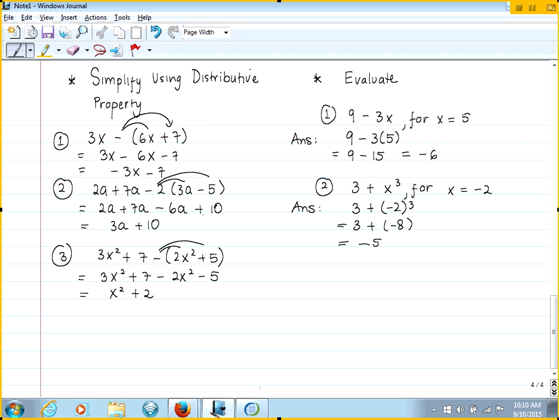Hey, Miss. I have a question about the sample test. Do we have to bring it on Monday? You don't have to bring it on Monday. You don't have to do it. However, it's a sample test. It looks like my test. It's better that you do it. Now, if you have a phone,